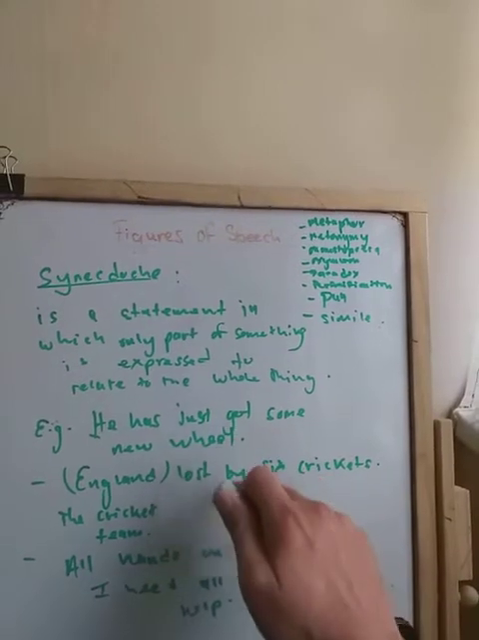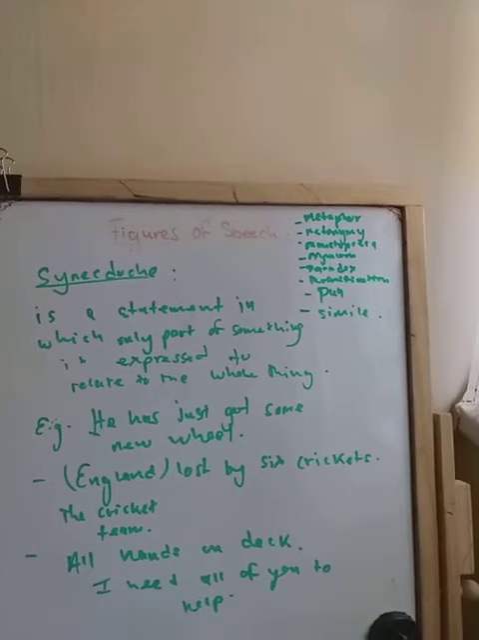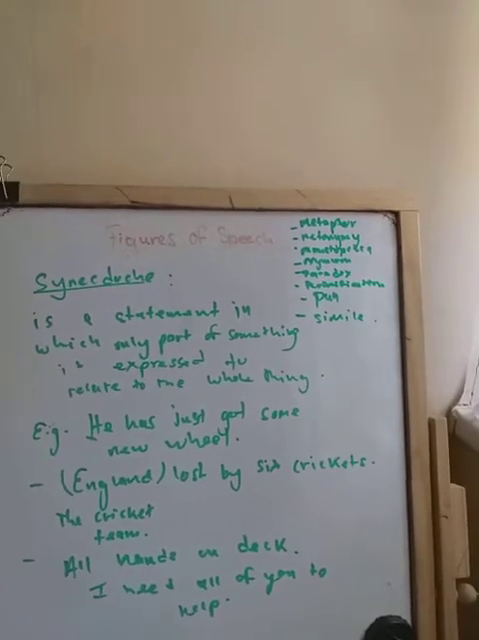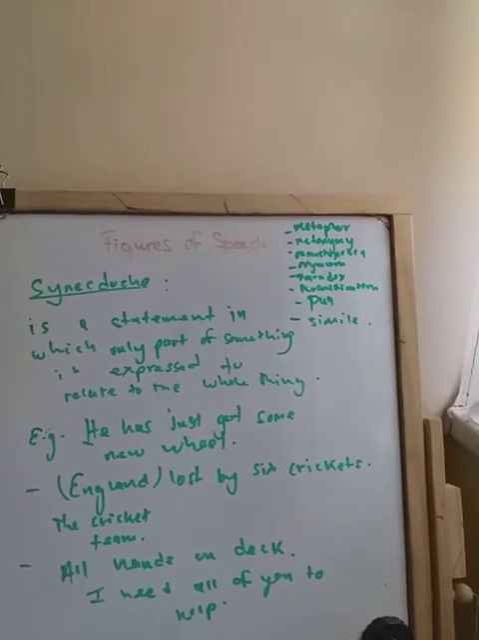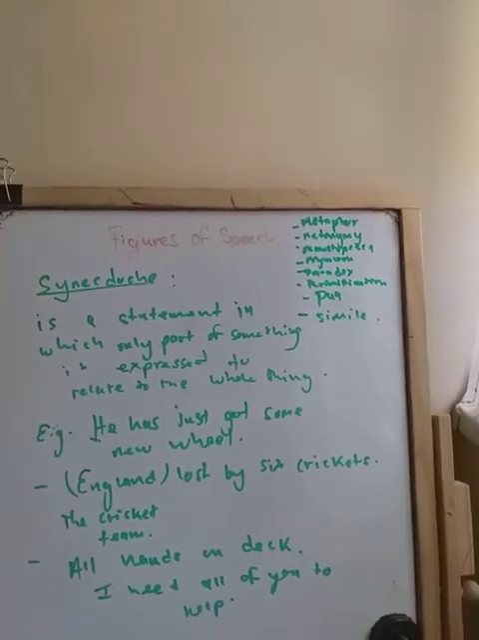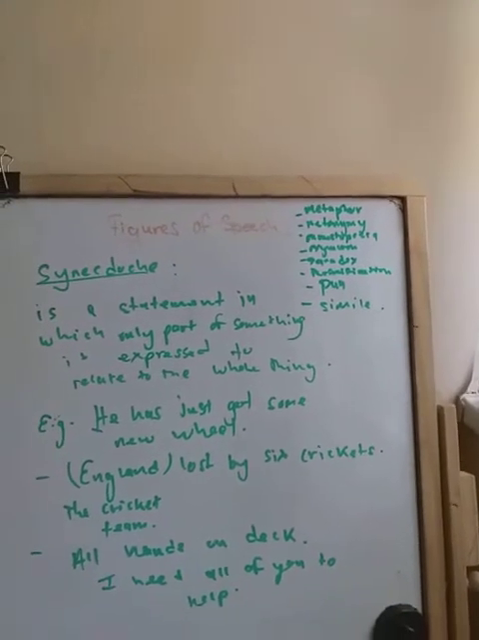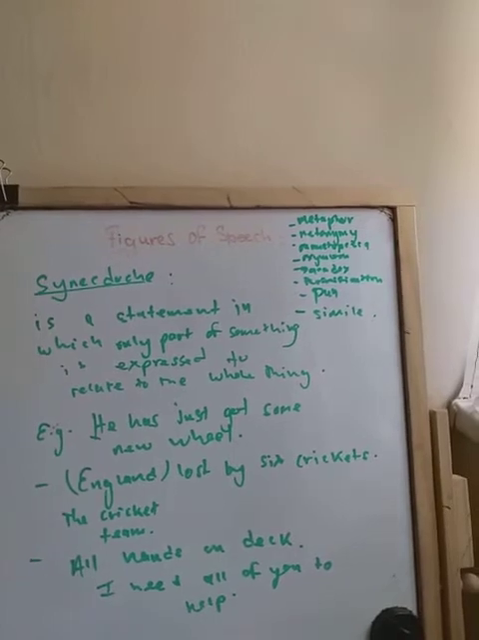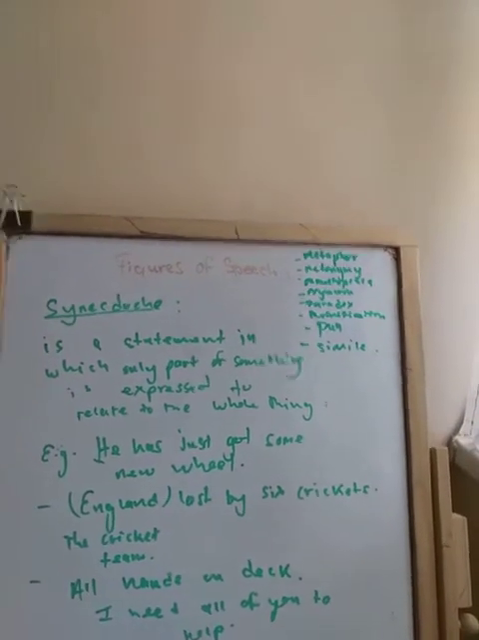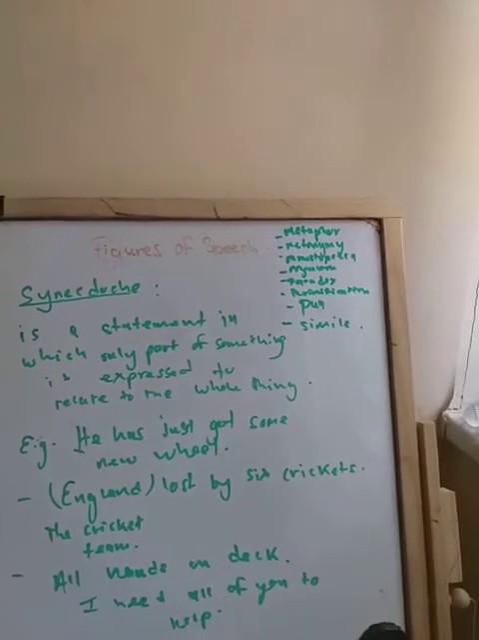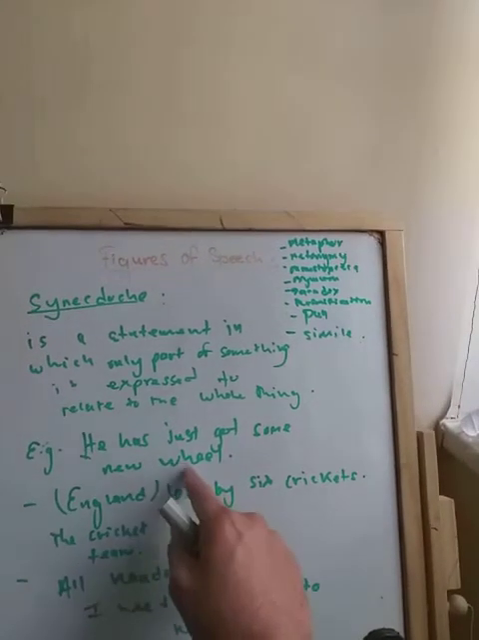Actually, there was no S. Now I understand why there was no S. He has just got some new wheel. So it means that he has just got a car, a brand new car, or not a brand new car, but he just got a car. So maybe he got rid of his old car and he has another car. And normally, because of the adjective new, we might understand that the car is also brand new. But the emphasis here is that it is